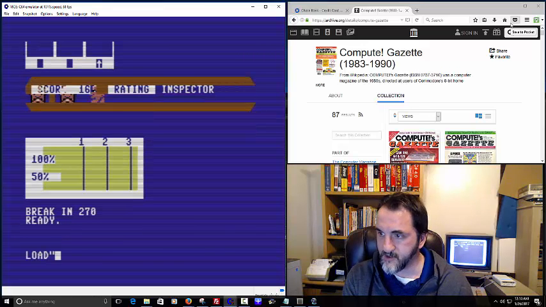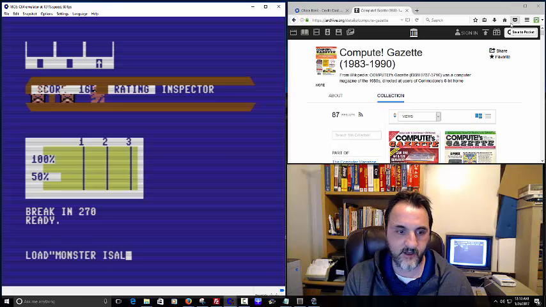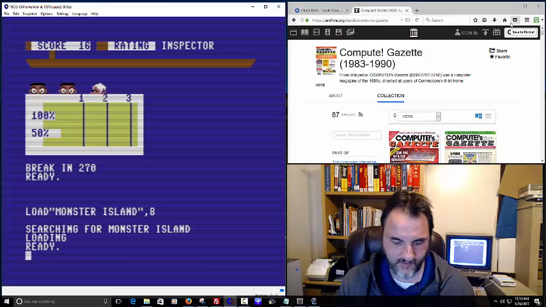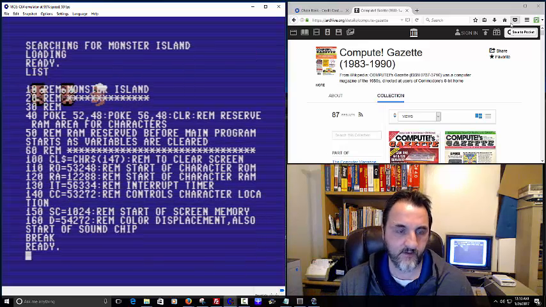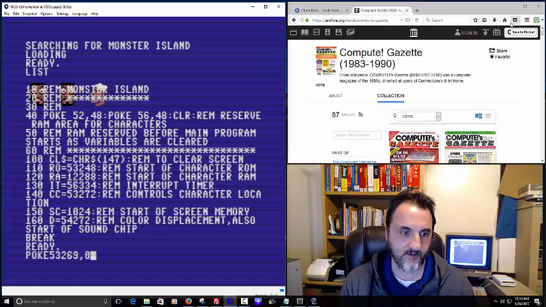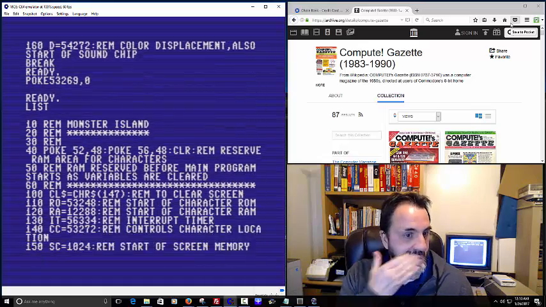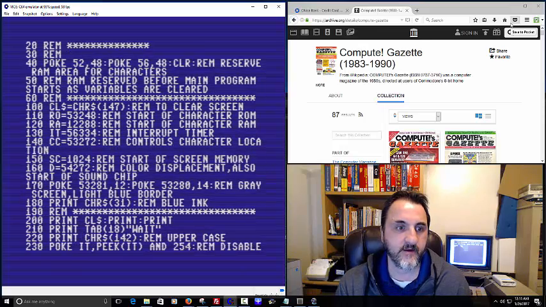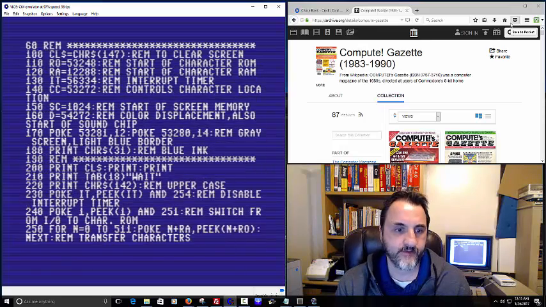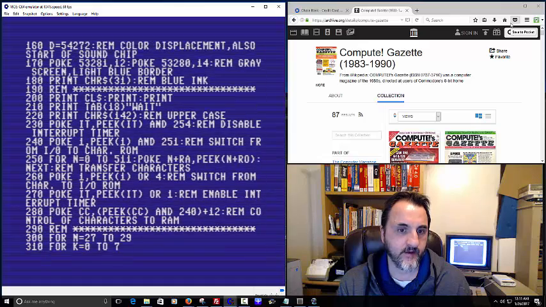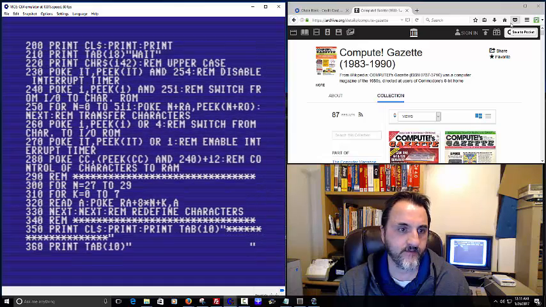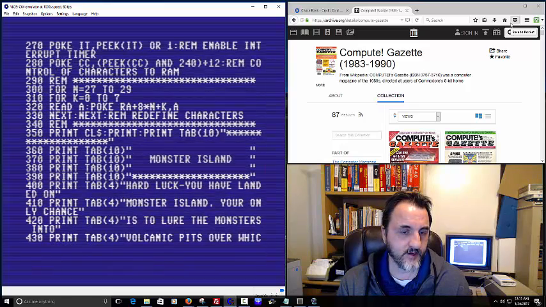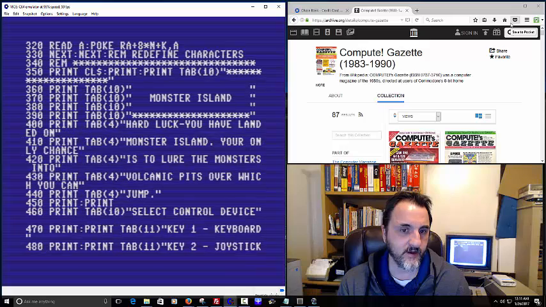So let's move on to the next one, which is Monster Island. Oh, let me turn the sprites off before I forget. So redefined characters going on here already.